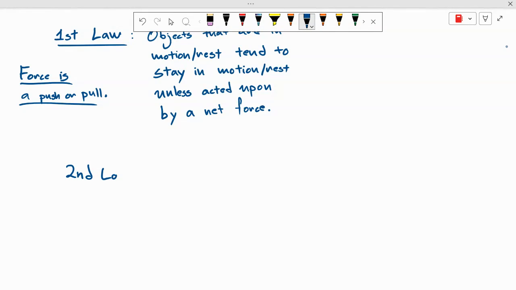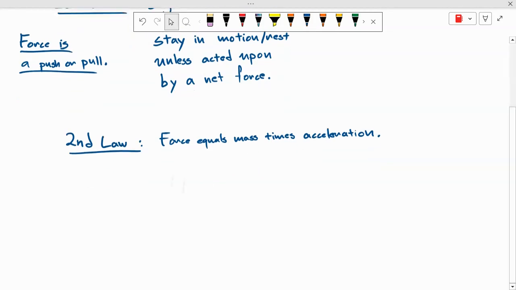The second law says that force... and finally, the third law